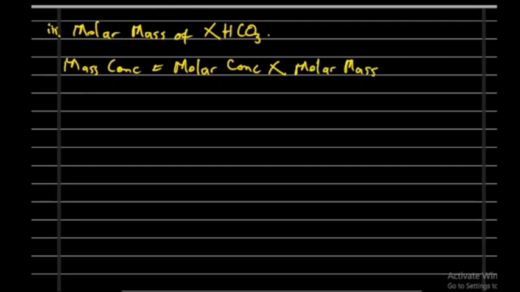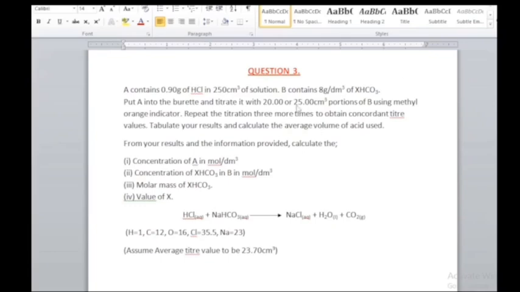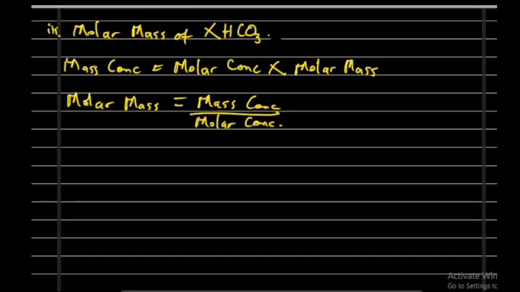What we are looking for is the molar mass of this, so let us make molar mass the subject of the formula. Molar mass equals mass concentration divided by the molar concentration. We are given in the question that the mass concentration of B is 8 grams per dm cube, so that is what we'll be using here. So 8 divided by the molar concentration,